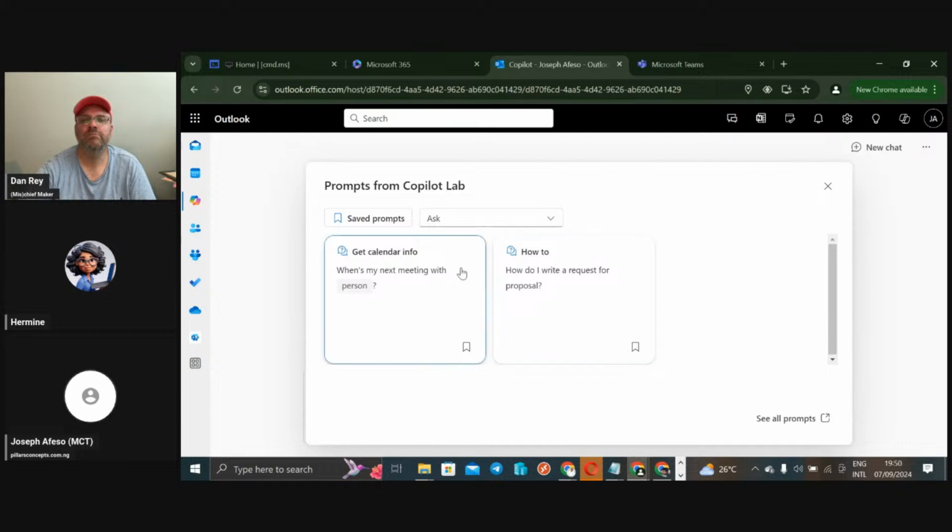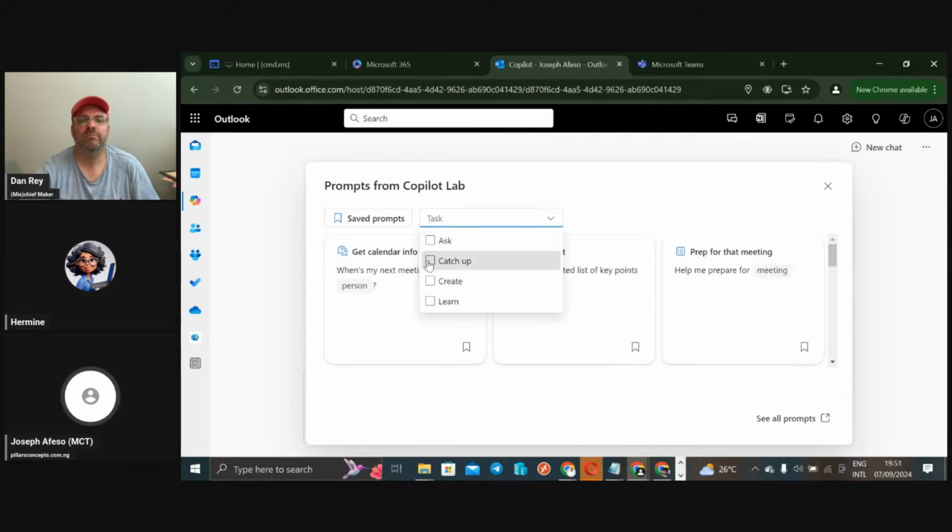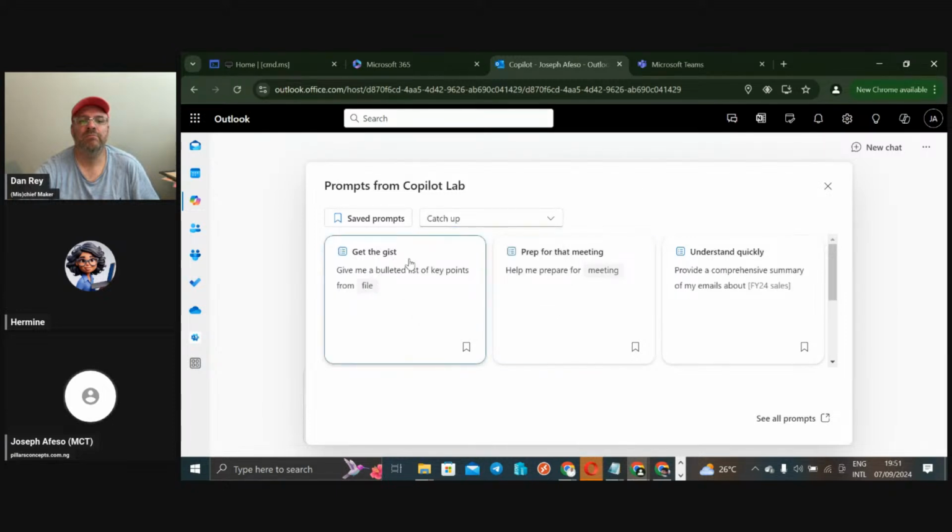That means that we have like two prompts to say how to, which is asking, then get calendar info, which is like asking to get calendar info. Let's uncheck this and let's check catch up and see how it will filter. So filtering that is saying get the gist and then prepare this. So the good thing is that if you have a prompt that you use quite often, you could save those prompts just so you can